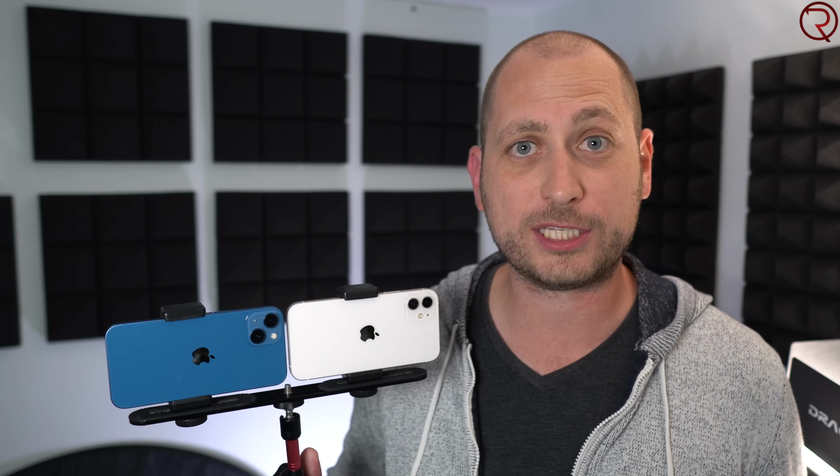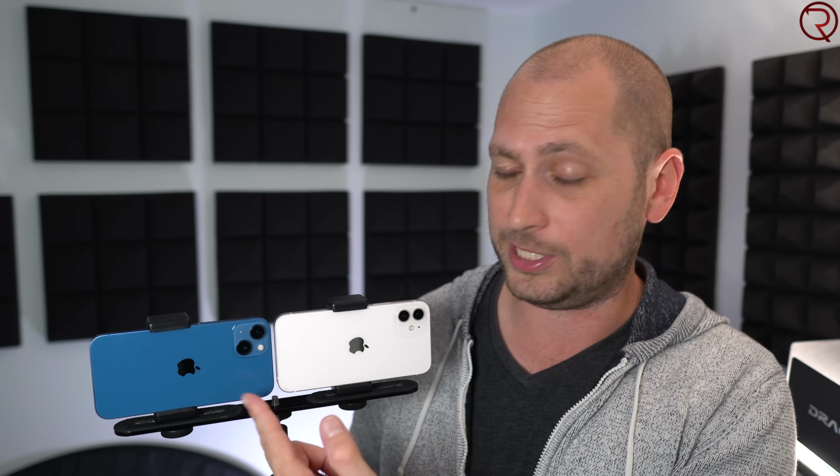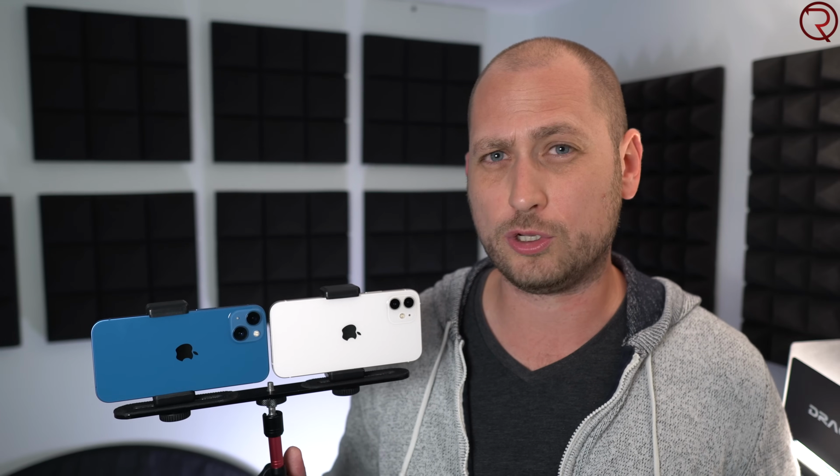For this camera comparison we have the brand new iPhone 13 and of course the iPhone 12. So in this video we are gonna find out if the cameras on the back of the 13 are in fact better than the cameras that we have on the 12, because according to Apple these cameras are new. So as always we are gonna see a variety of daytime and nighttime sample pictures and videos, and just before